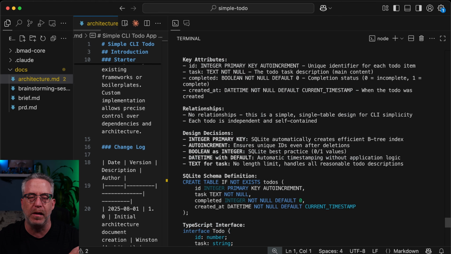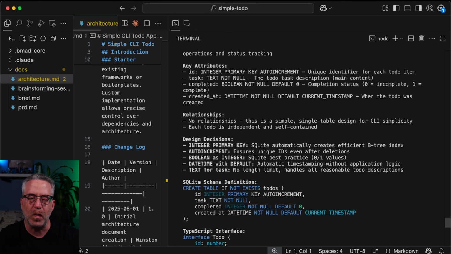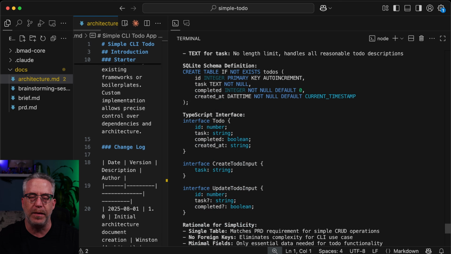So let's say in here, we're doing data models. This is great because if it makes data models, that means later on the agents will always conform to the same model. And much like our technology stack, you don't want them producing different models on the fly. But let's say for whatever reason,